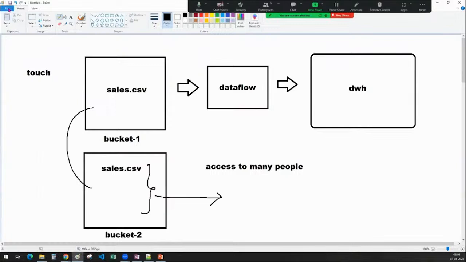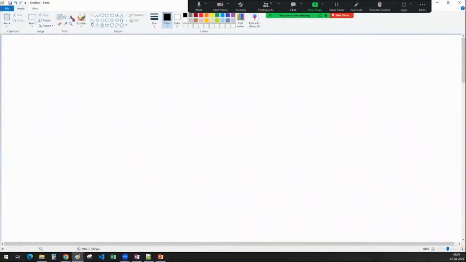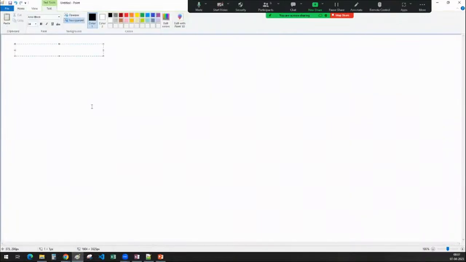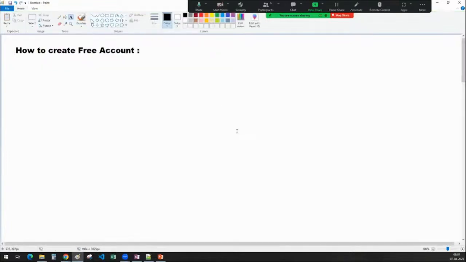Let me try to tell you how to create an account in GCP. If anyone has their debit card or credit card ready, and their username and password for the Google Cloud Gmail, if they can share it with me, I can create an account for them.